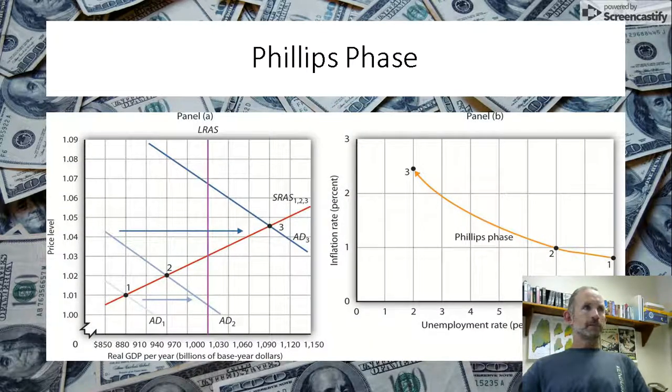So in the Phillips phase, here you have your Phillips curve on the right, but in panel A, we have aggregate demand and aggregate supply. And in this case, the economic growth is being caused by aggregate demand increasing. That means businesses and people are feeling good about the future. They're getting more money, so they're spending more money, and that tends to push the price level up. So that's how you get inflation: people are spending more and more money. A lot of times they're trying to buy things up faster than the economy can even produce them, so that tends to push prices up. So that's what's going on in the Phillips phase.